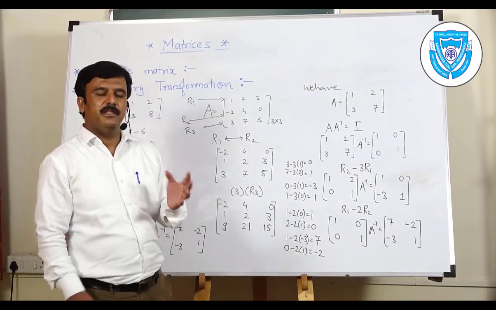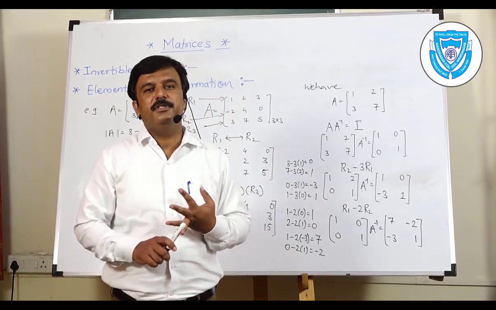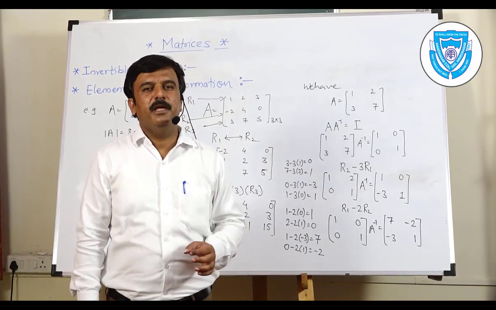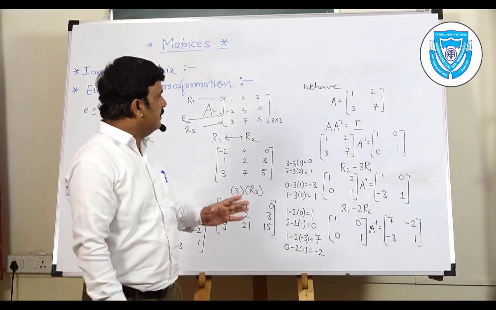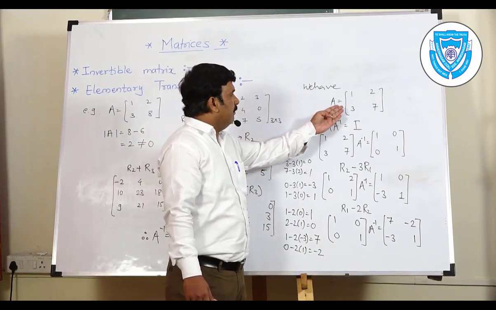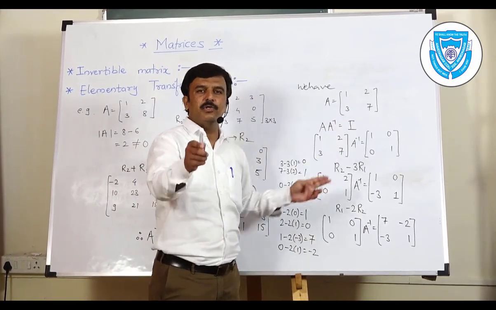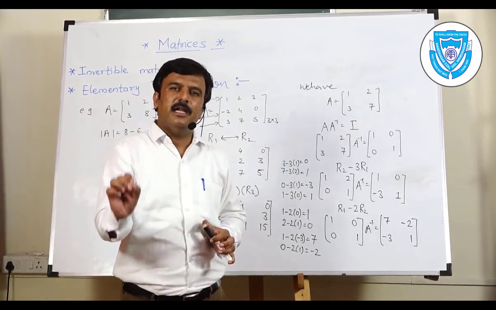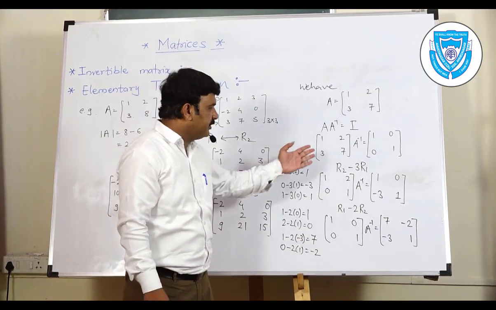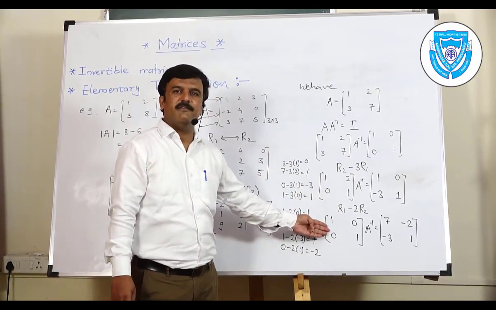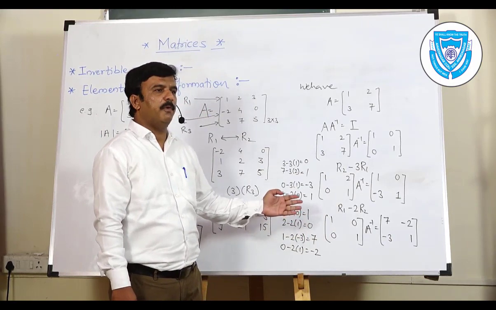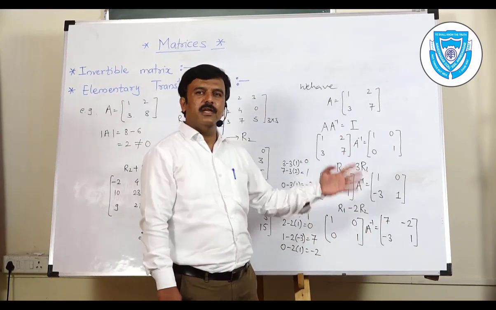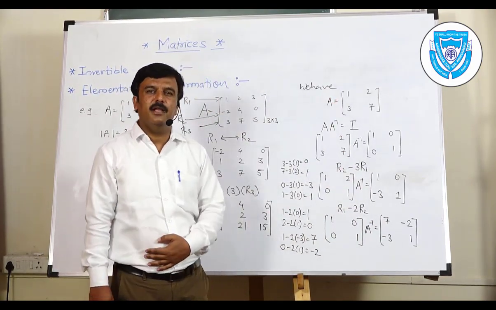This is how, by performing the row operations as well as column operations, we can find the inverse of any matrix, provided that the determinant is non-zero. We have taken a simple example. We have considered a matrix of order 2 cross 2. I'll suggest you try one example of order 3 cross 3. Take one matrix of order 3 cross 3, perform such operations, and try to get identity matrix at the left hand side. And whatever operations you perform at the left hand side, perform the same operation at the right hand side. Definitely you will get the inverse of the given matrix capital A.